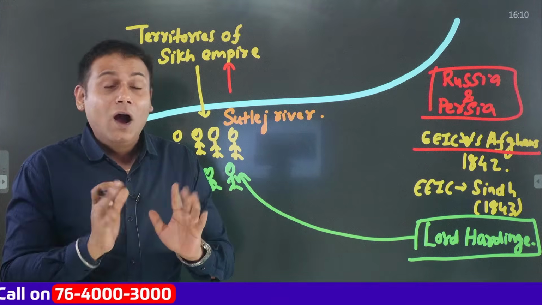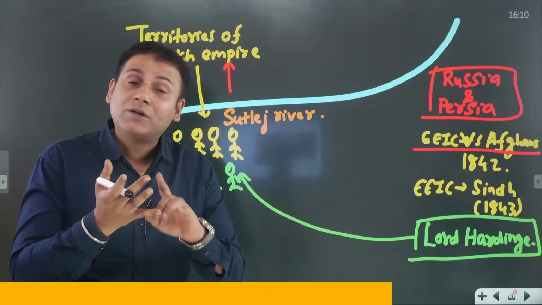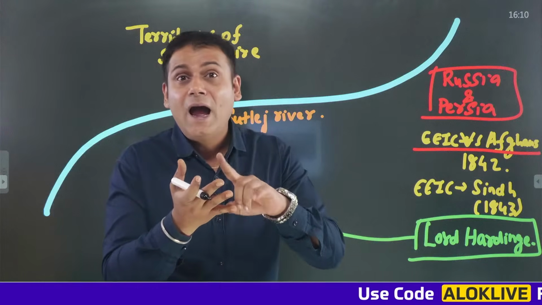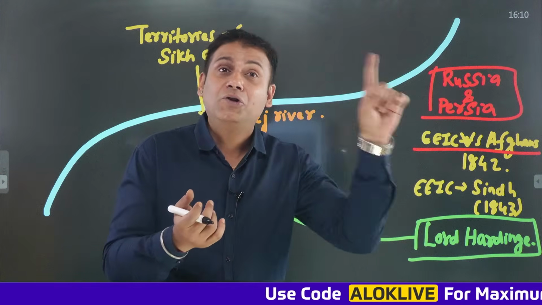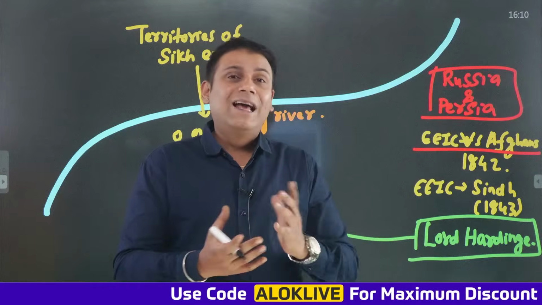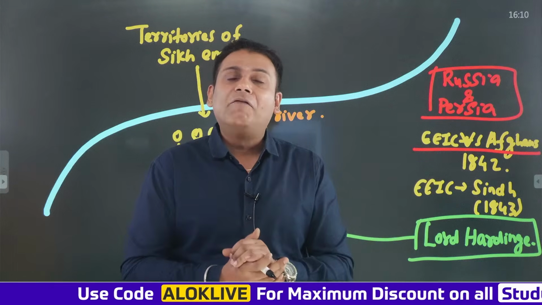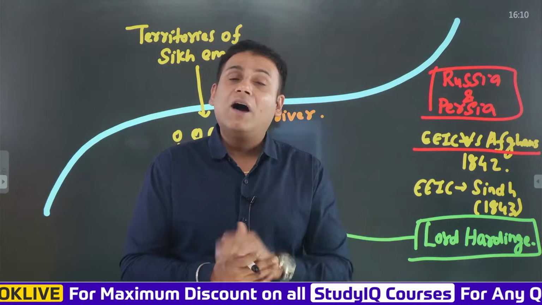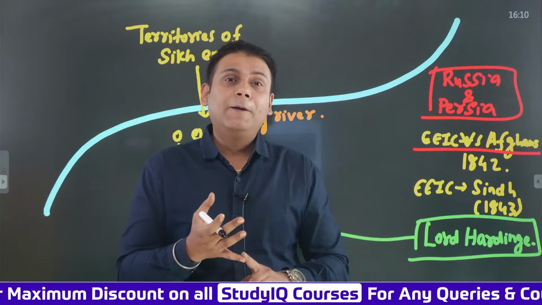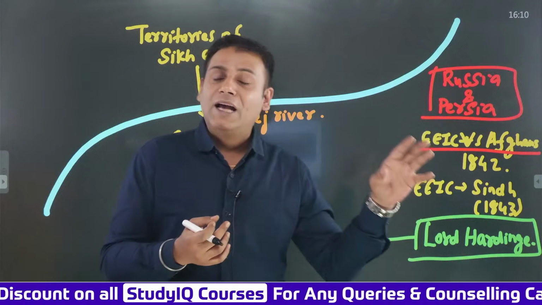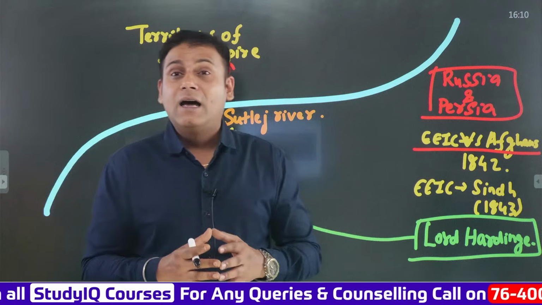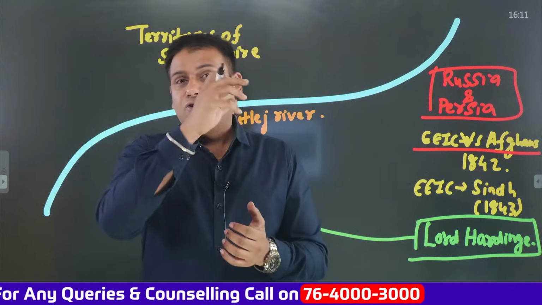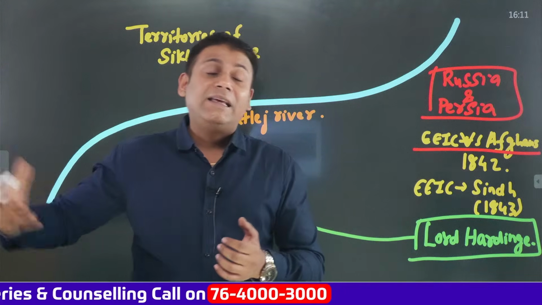So now a tripartite alliance was made between Shah Shuja, the English East India Company and Maharaja Ranjit Singh against Dost Muhammad. And this culminated into the First Anglo-Afghan War. And it is believed that as a part of the First Anglo-Afghan War, Dost Muhammad was defeated. Shah Shuja was installed as the ruler of the Durrani Empire in Afghanistan, but he was just a puppet ruler. Apart from this, Dost Muhammad was imprisoned in Calcutta.